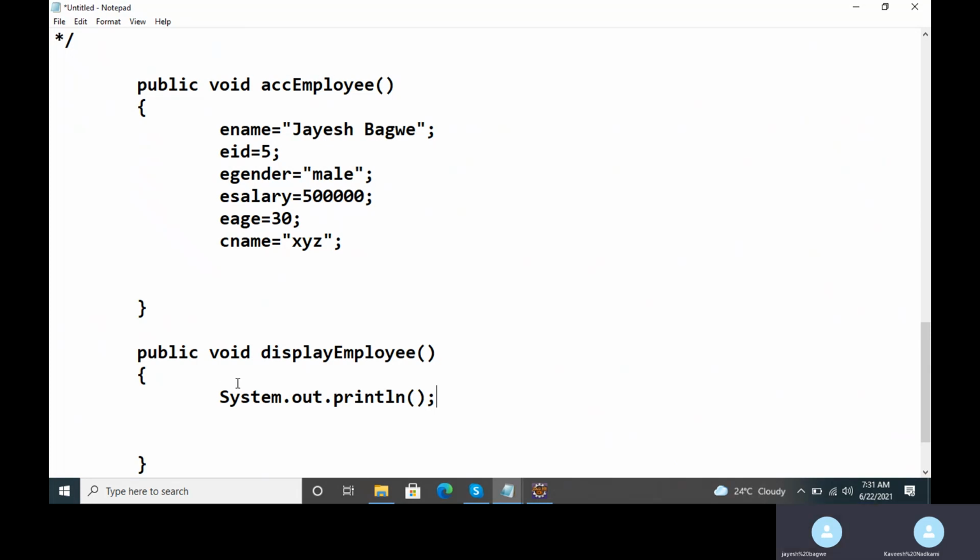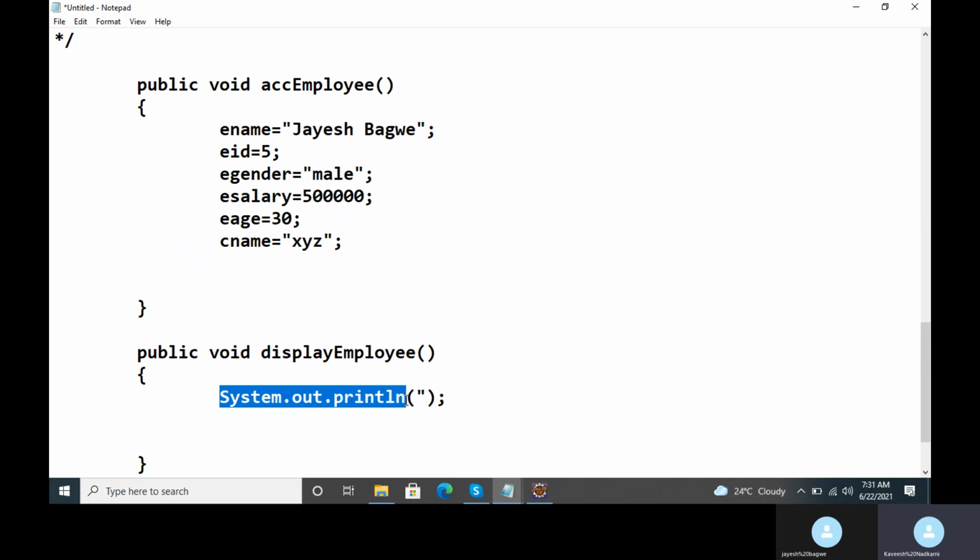System.out.println. System is a predefined class in Java, and println is a predefined function in Java. I will explain exactly how this works, but just keep this in mind: if I want to display any values of any variables of the Java program on the screen, I make use of this predefined statement called system.out.println.